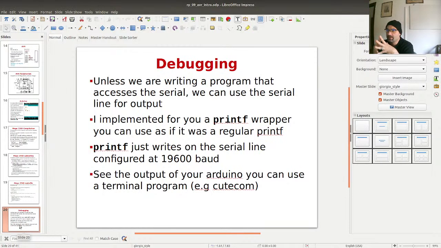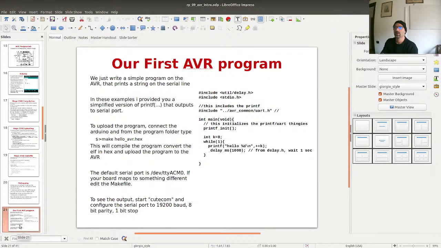Now for debugging, I provided you a version of printf. I don't know if you know what printf is. It's a basic way of printing strings. The printf that I've implemented allows you to write on the serial line that you can then inspect with a program called Qtcom. For this purpose, to help you with the bootstrapping,